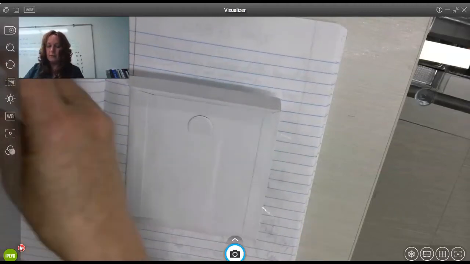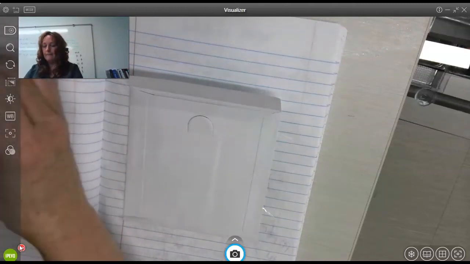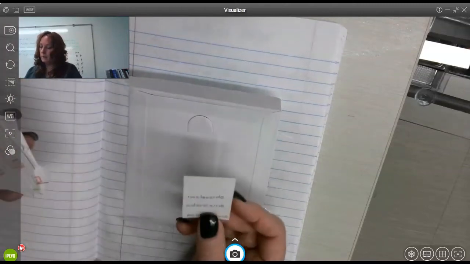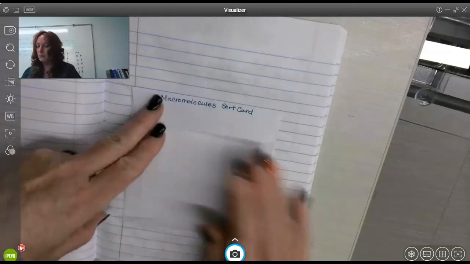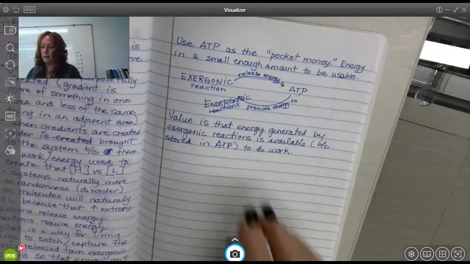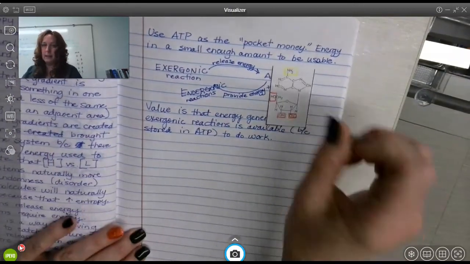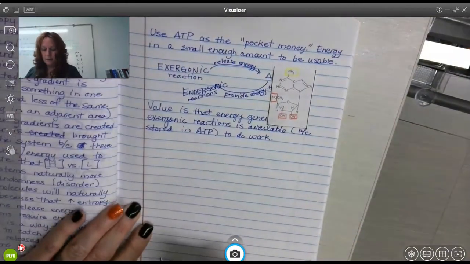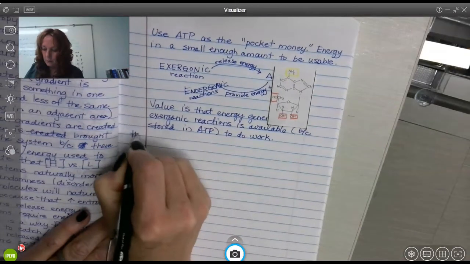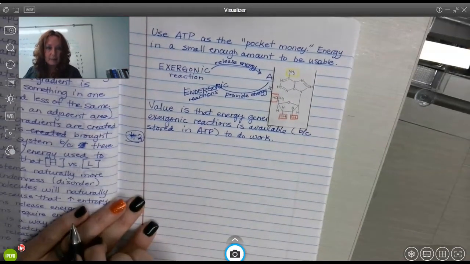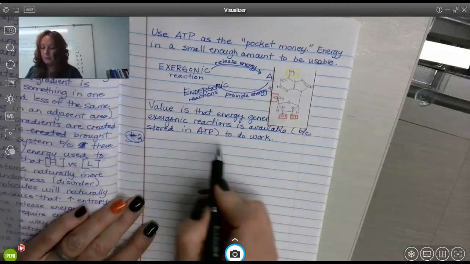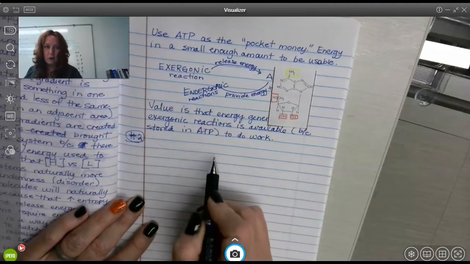So let's go over here. So let's go on the other side of this. So this one, I'm going to keep it out. And I'm going to go back over here, and we'll just leave it sitting here so we can think about that. So this is number 2. So I'm supposed to label ATP. Even though they've got a drawing over here, I'm going to be sure that I can draw it myself.